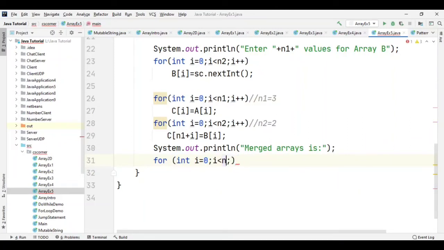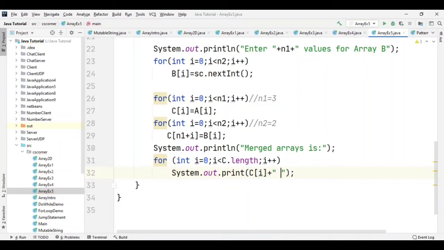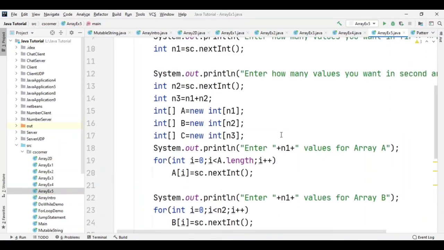So c.length, then semicolon, i plus plus, and then in my System.out, let me remove this ln because I want to get the output in a single line. So c[i], then plus, and then I'm just printing a space. So this is going to print all the elements of the array.